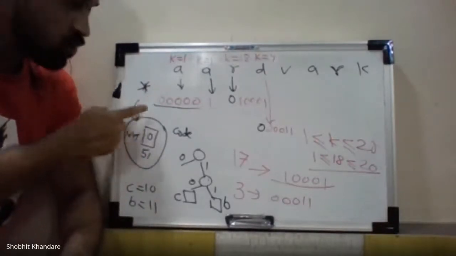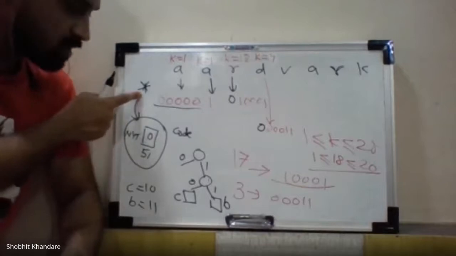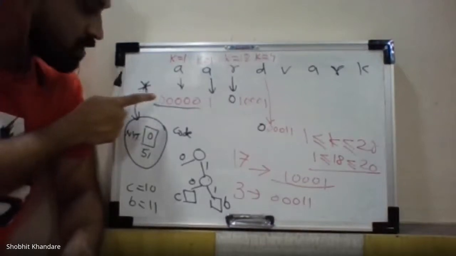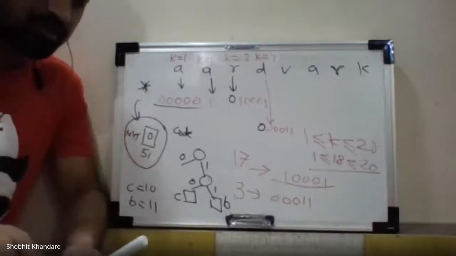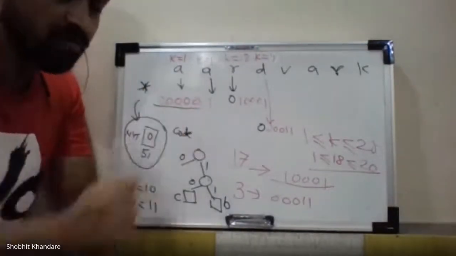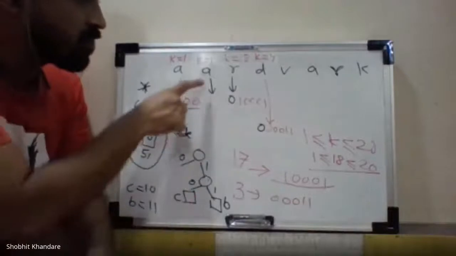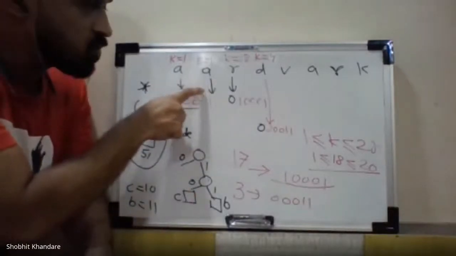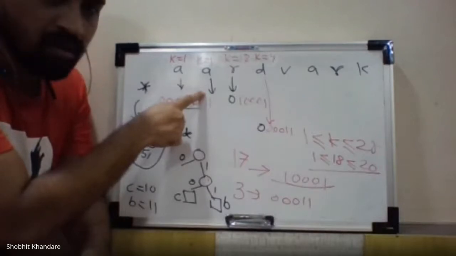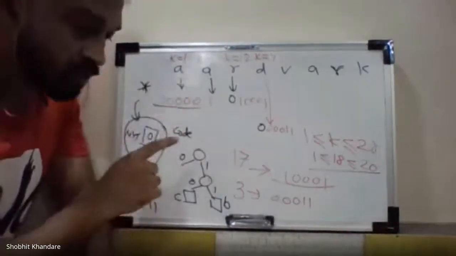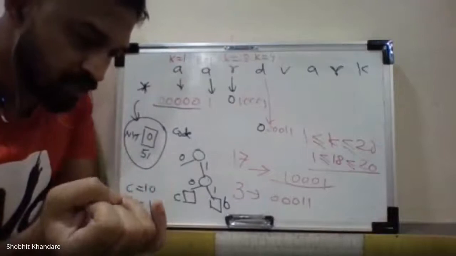I want everyone to just draw the asterisk somewhere, for your understanding, and write down NYT code does not exist for the first symbol. Okay, so we'll move further. Now we have reached the A value. So when you have reached the A value, again we have to see. Okay, one more thing. Now, second step we have done.